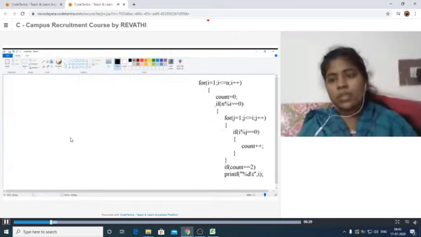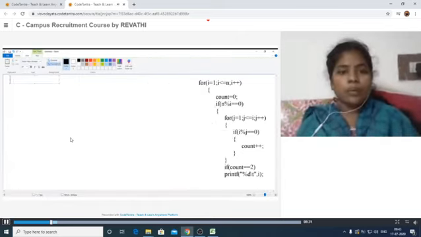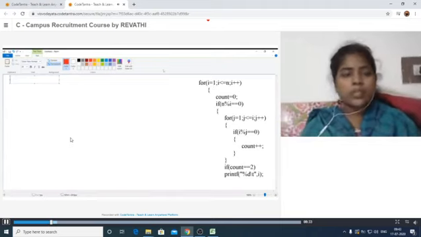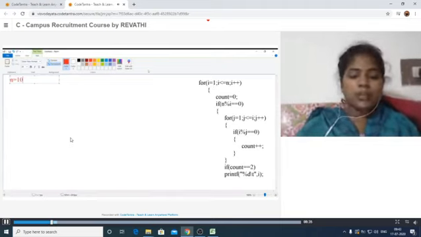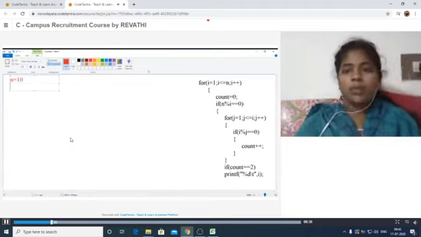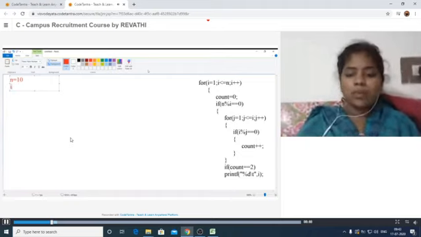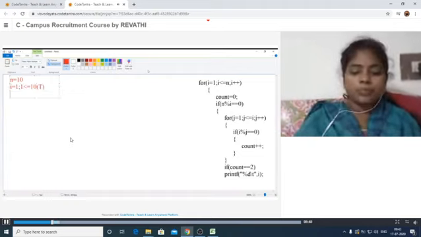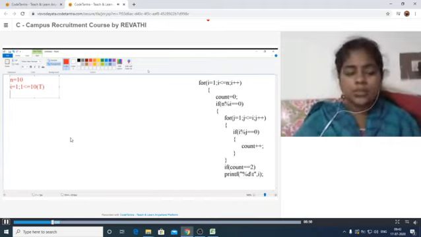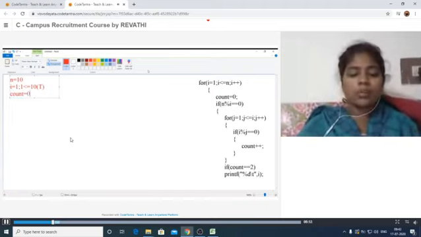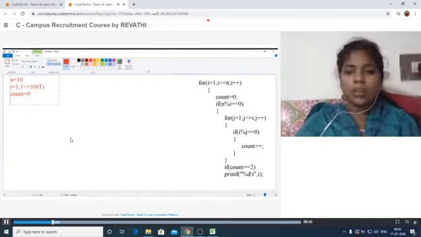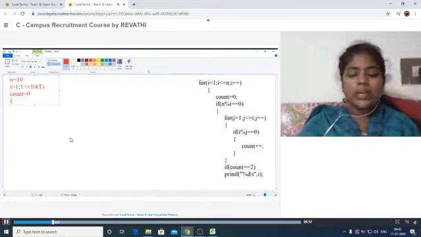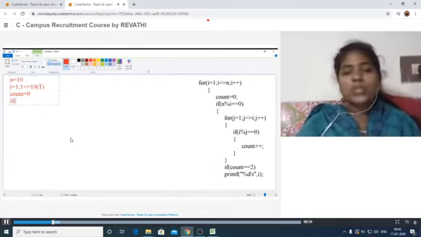See, now we have to perform the operation on this one. First, initially we have to take the n value as n is equal to 10. Okay, now we have to check the condition for i is equal to 1. What is the condition? We have to check i less than or equal to n, that in the sense 1 less than or equal to 10. Here the condition is true. Whenever this condition is true, actually we initialize our count value to 0 here. After that, it is checking if n modulus i is equal to 0 or not.